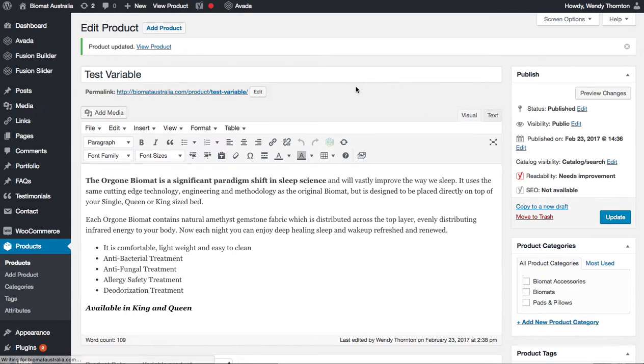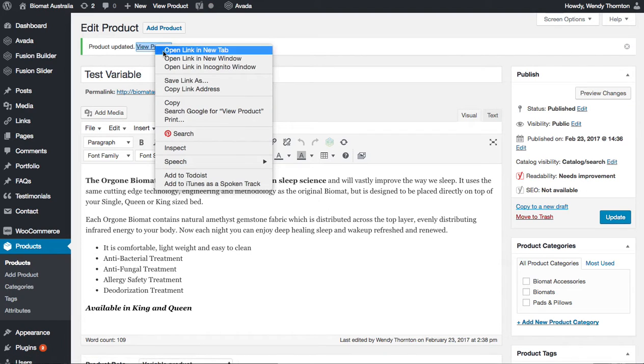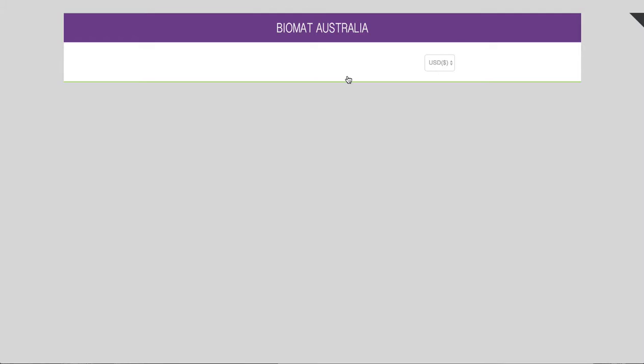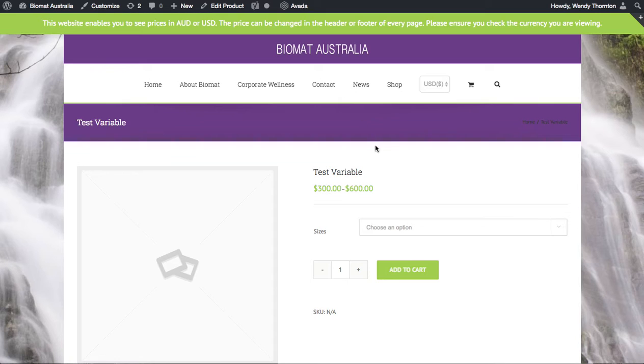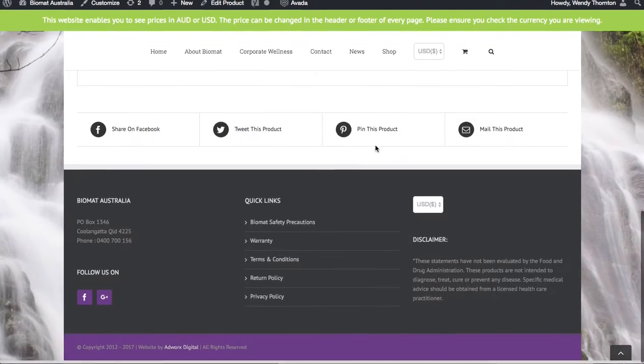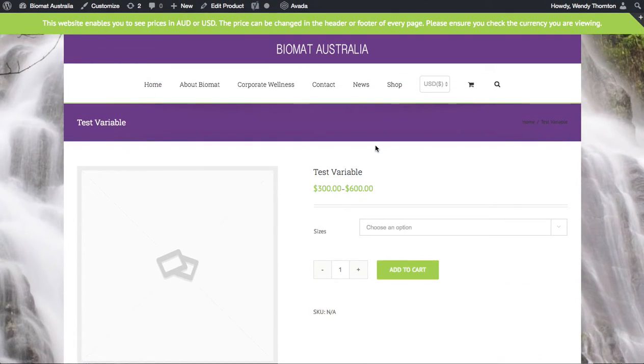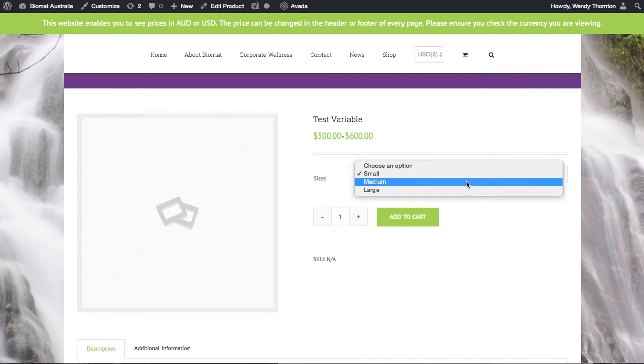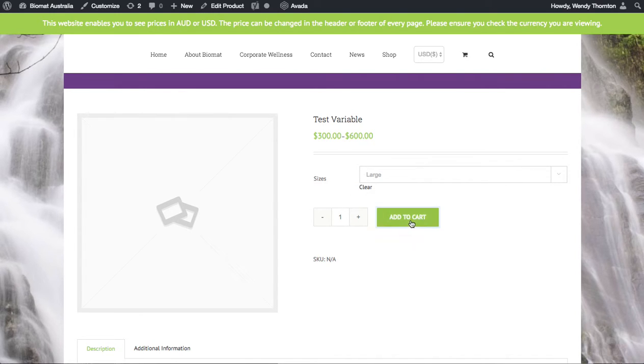Right, and we're done. So now we can view the product. I'll open this in another link just so that we can go back to our list of products. I'll show you the other one next. Okay, don't know why our image hasn't come through. It's a bit strange, but you'll see that we have our small, medium, large options. We can add them to the cart,